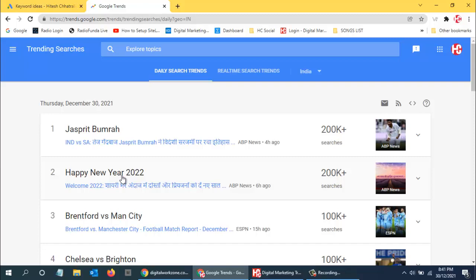So now, if you use this keyword in your content, then you have a very high chance. Of course, the competition would be quite high because the whole world will be sending this message. Everybody. It's not just the Christians who would be sending, but anyone. Normal people on WhatsApp also will be sending, whether it is related or not related. Everyone will be sending. But year 2022 is for everyone.